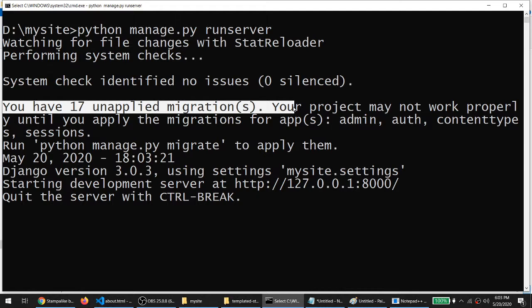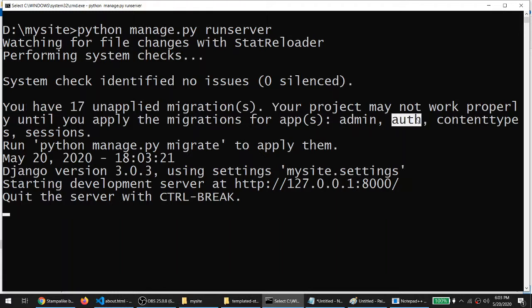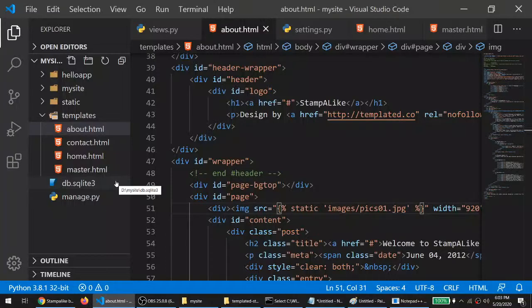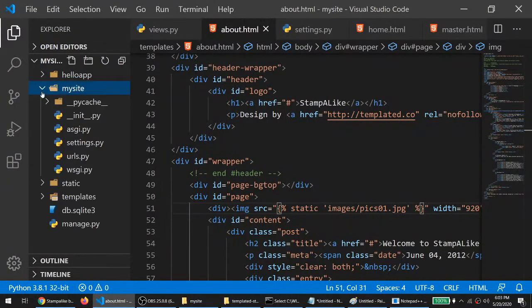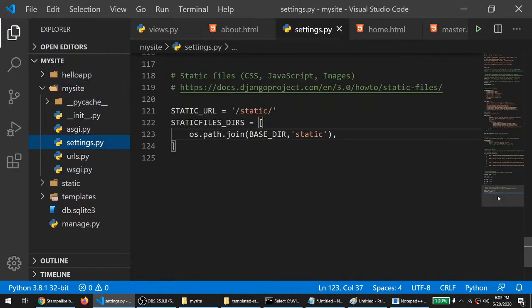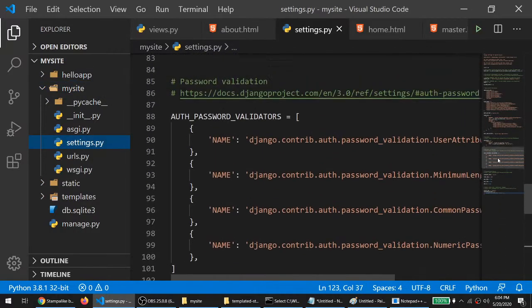Migration is a very important part of Django. Migration will consist of your basic necessary folders and database structure, which is also required for authentication and administration purposes, right? And if you want to change to MySQL or any other database, then you have to visit your settings.py. By default, Django is using the SQLite 3 database.